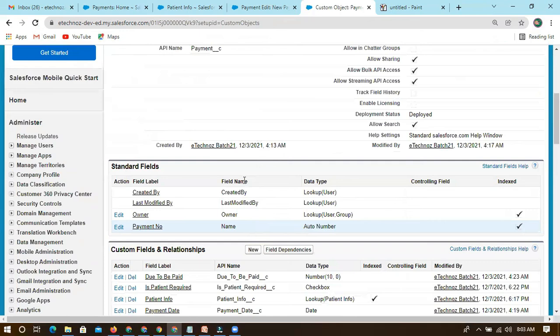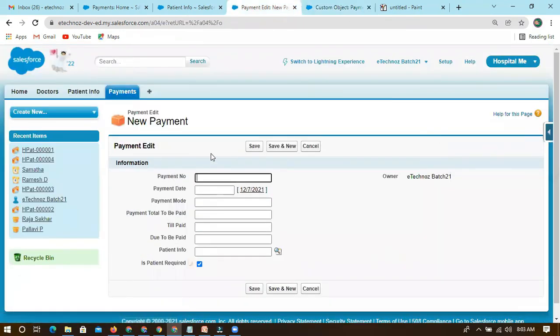Now I have to refresh it again. So I have refreshed. Payment number, payment mode, cash, and payment total to be paid. Total to be paid is 1000.